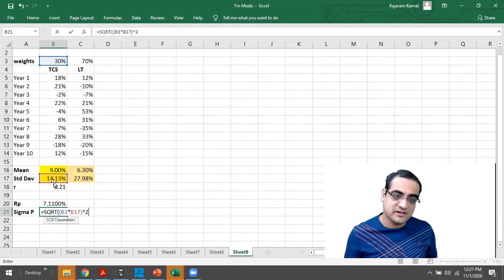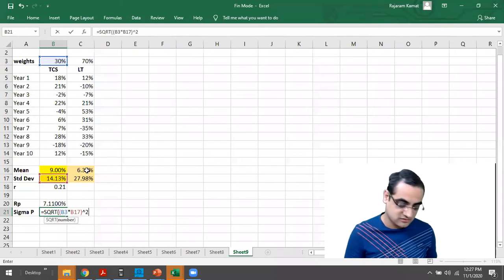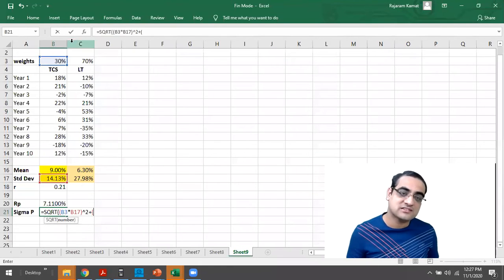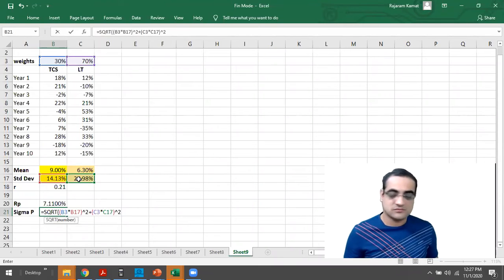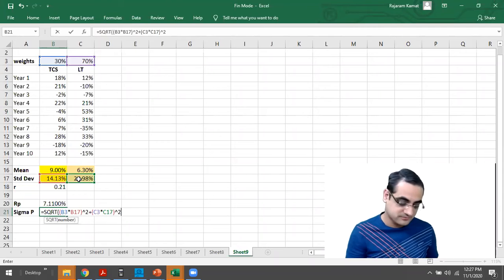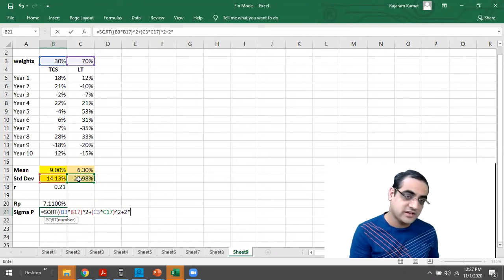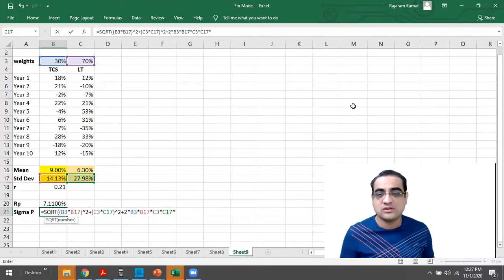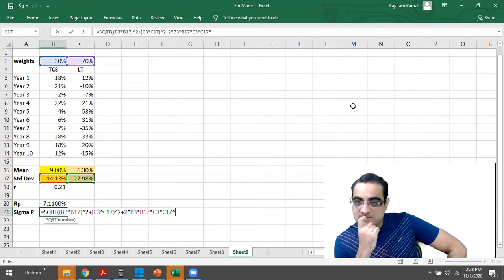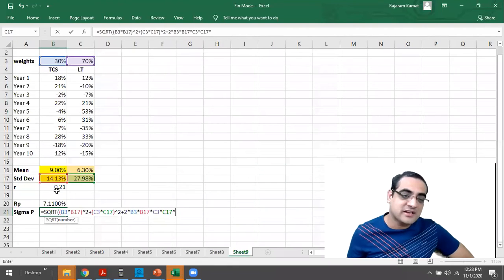W1, that's B3, into sigma 1, that's B17, square, plus, again open the bracket, this is W2 into sigma 2 raised to 2, that's W2 sigma 2 square, plus 2 times W1 into sigma 1 into W2 into sigma 2 and into, can you tell me, 2 times W1 sigma 1 W2 sigma 2 into... good Shreya, good Sarvesh, good Nikhil, good Ajay, Kunal, good... into R. So that's R over here.